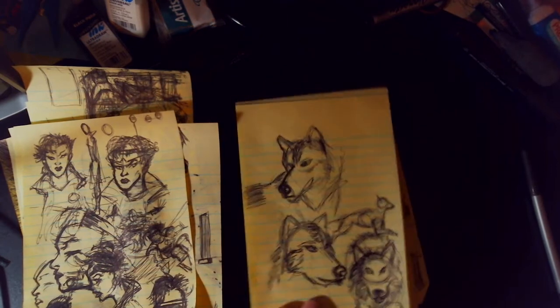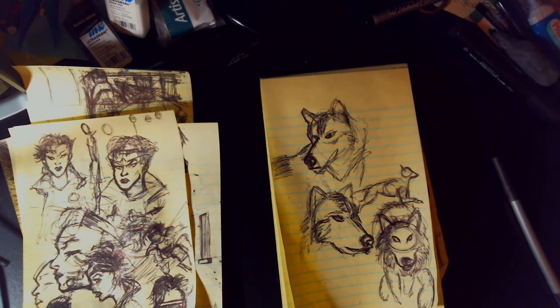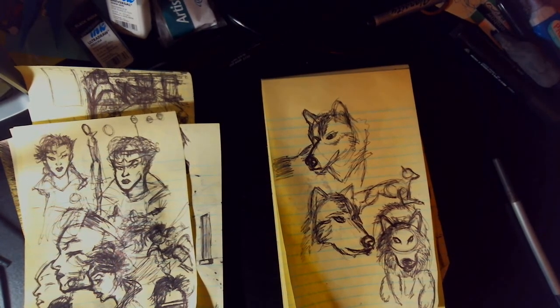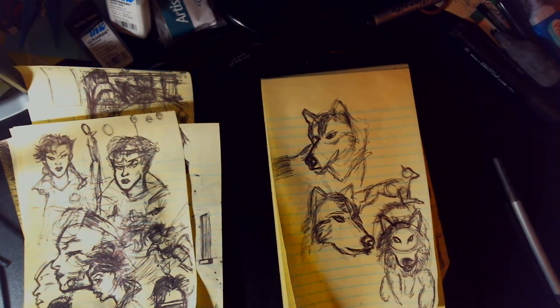As of right now, this is what I got. As you can tell, I'm struggling a little bit, but it'll get better as I continue to practice. The majority of the time the wolves are going to be running, so I need to figure out how that works. And after that, I need to bring it more into realism, and I think that'll be